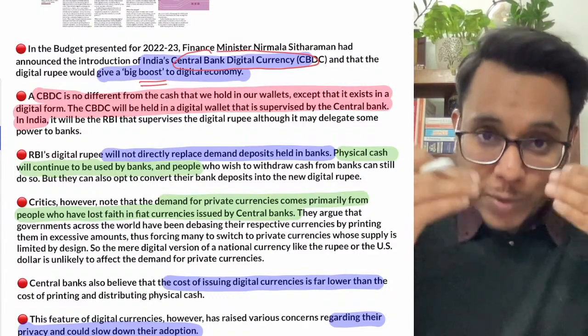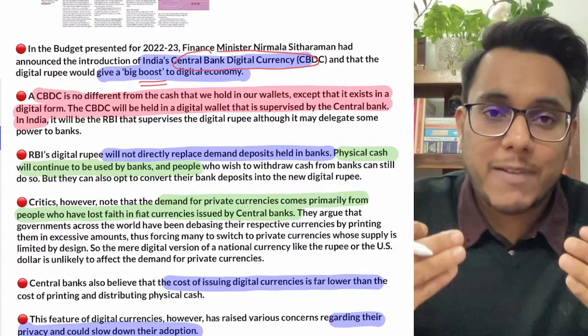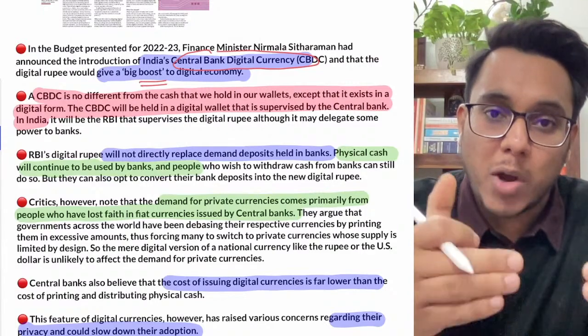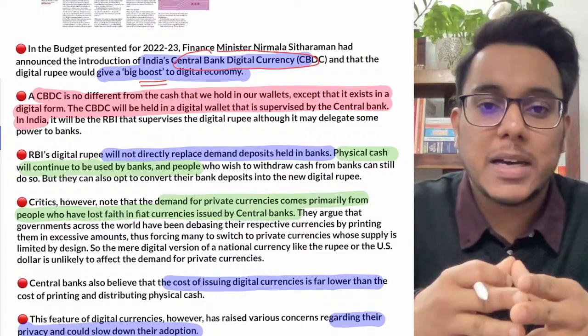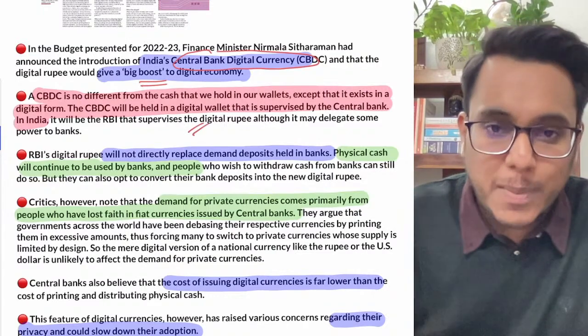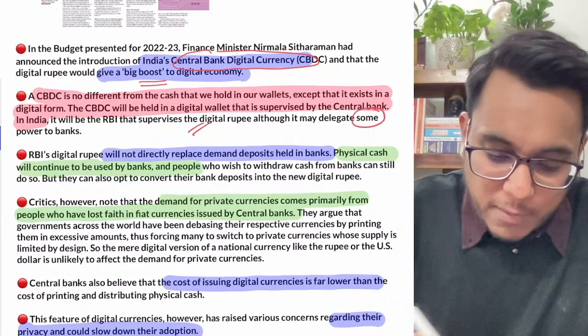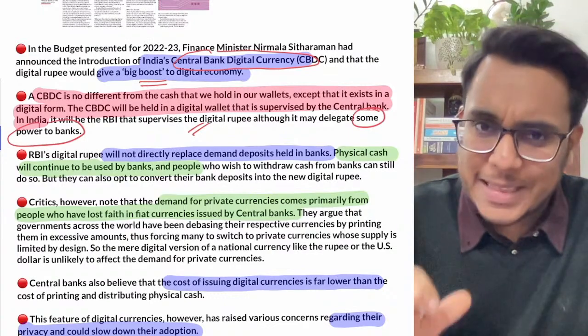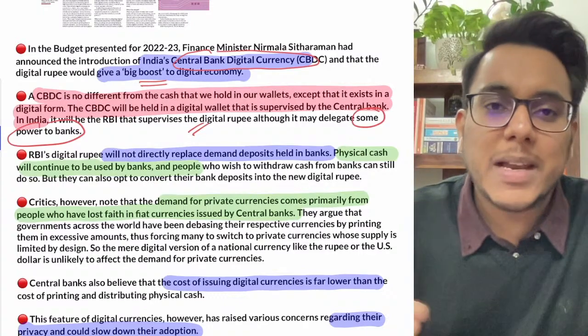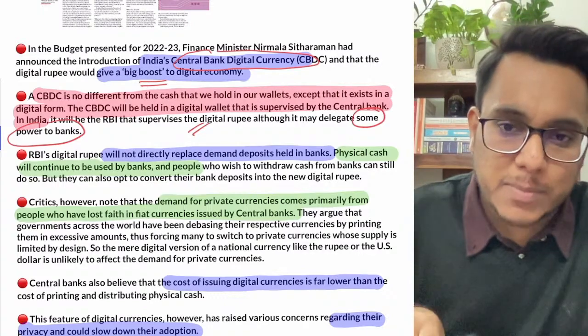Okay, now the digital currency that will come will in fact be a real currency, which will be received by a person in their digital wallet, but this wallet will now be maintained by the Reserve Bank of India. Is it clear? Now guys, the Reserve Bank of India might delegate some of the power to some of the banks also, but in this direction the clarity has not come up till now. As and when it comes, we'll see what the exact function is.